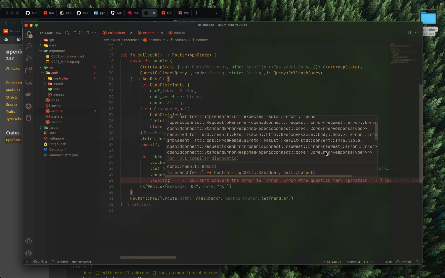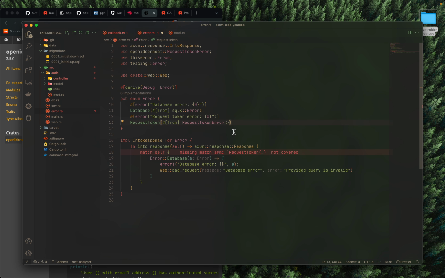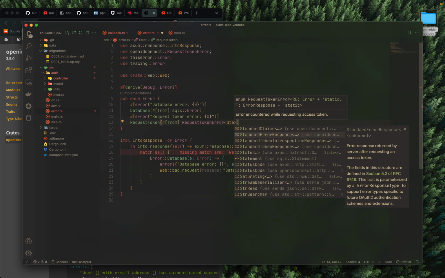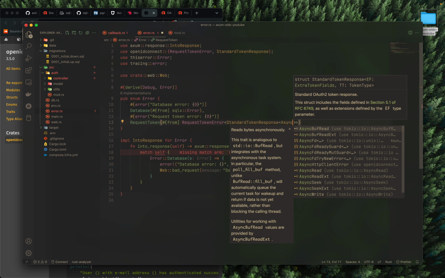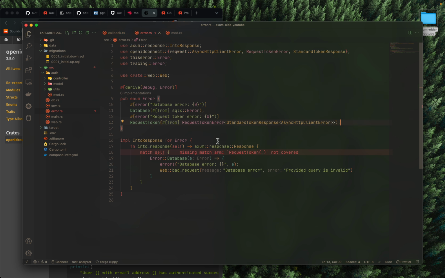It goes with request error and then standard error response. Cool. So that means that we have a pair of error types. That is OpenIDConnect request error. Then it requires, wait. So is it? Hold on. Is it standard token response and then async HTTP flat error like this? Okay, so this guy accepts in two